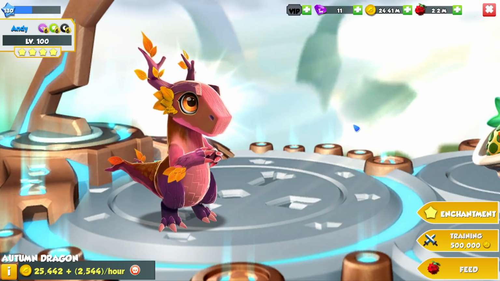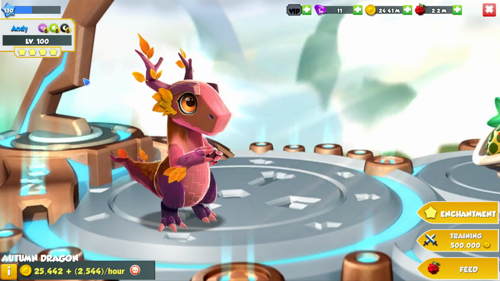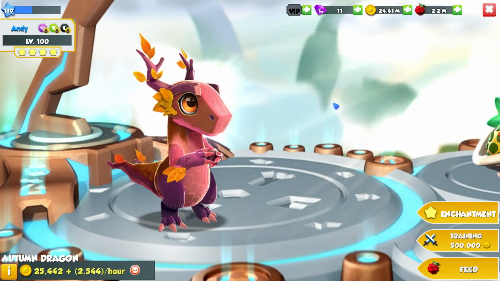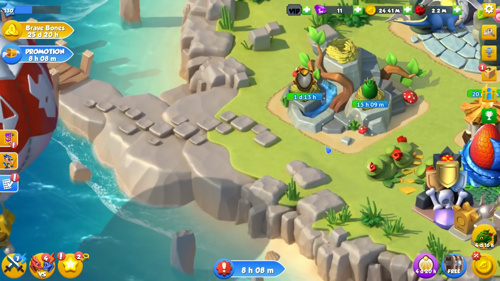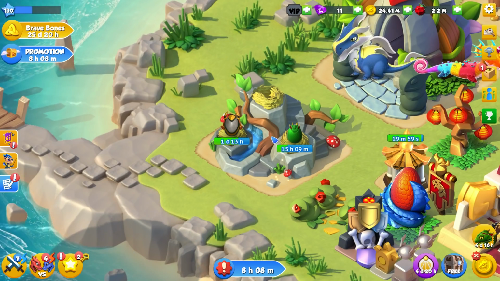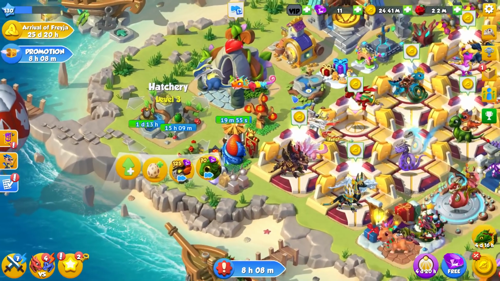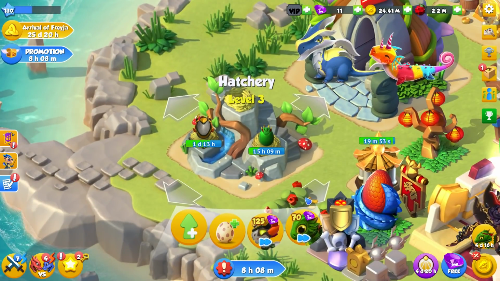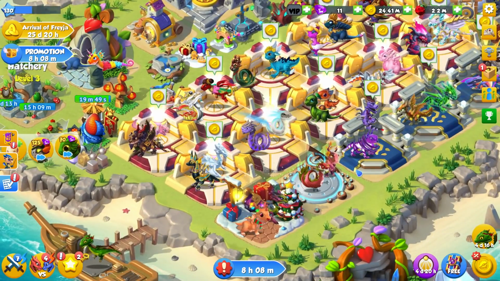Because as you know, we've got Andy here, he's max level, but we still want to upgrade him to 8 stars eventually one day. But I've been getting so many questions from people going, Quacks, aren't you going to replace Andy with the Loki Dragon? Like, he's better than him, so obviously you're going to replace him, right? Well, yes, the Loki Dragon is basically an upgraded version of the Autumn Dragon in every way,